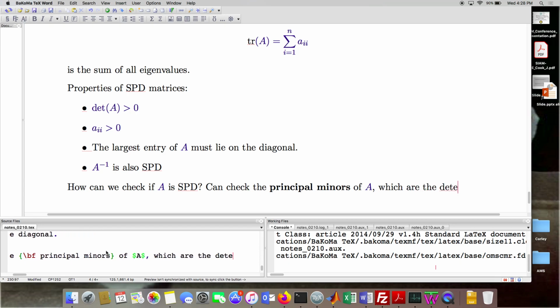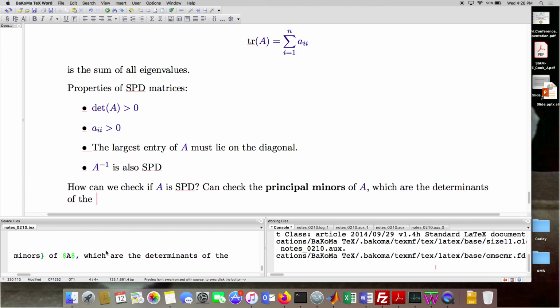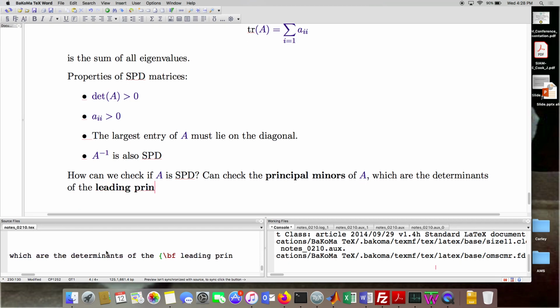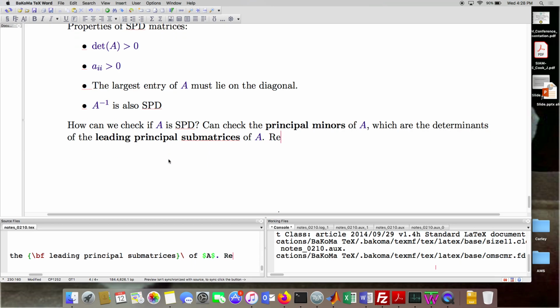These are the determinants of the leading principal submatrices of A. To refresh your memory, because this came up when discussing existence of the LU decomposition,